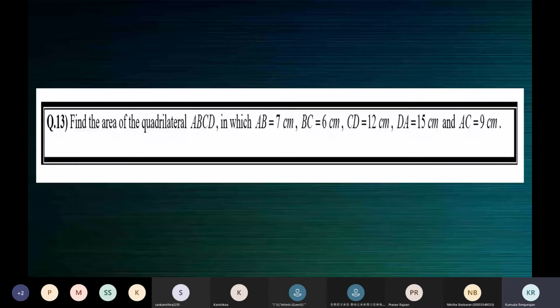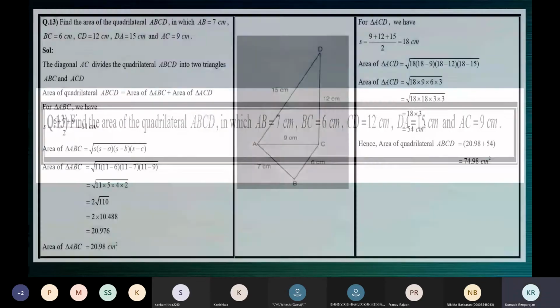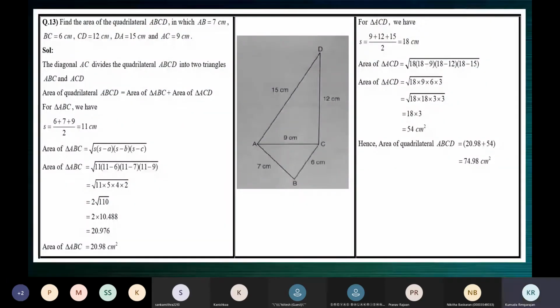Take a picture, children. This looks simple. You can do it yourself. Let's see the answer. So you have to make this figure with the given information. So this is any quadrilateral. The figure looks big here. That's it. This is any quadrilateral ABCD.